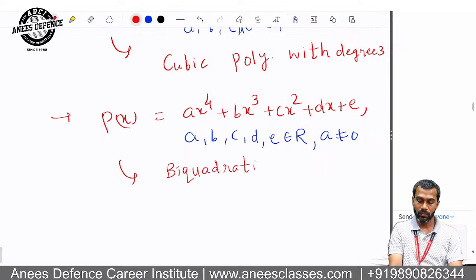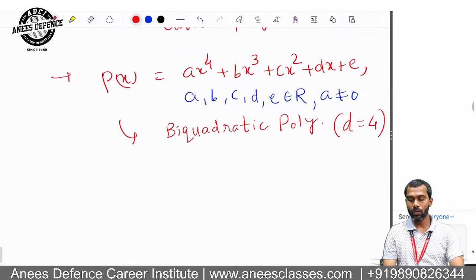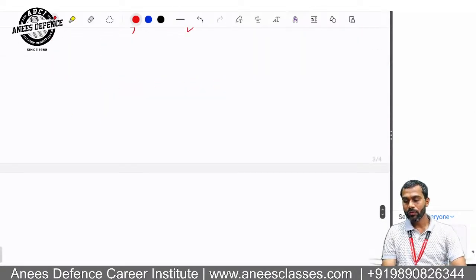Biquadratic polynomial with degree 4. Yes or no? With degree 4. Now we'll talk about